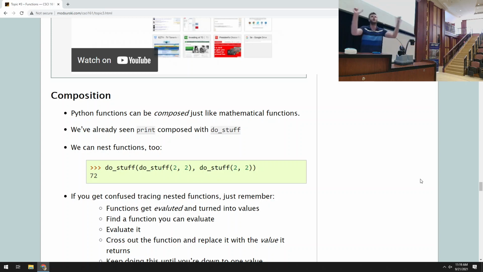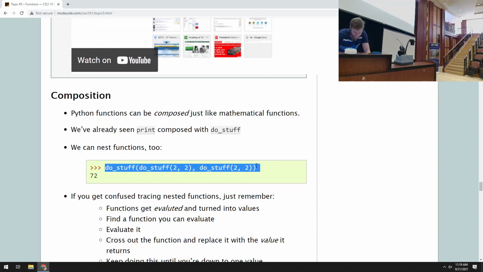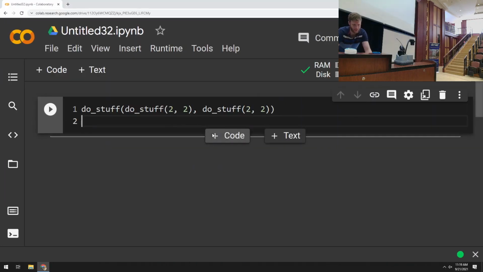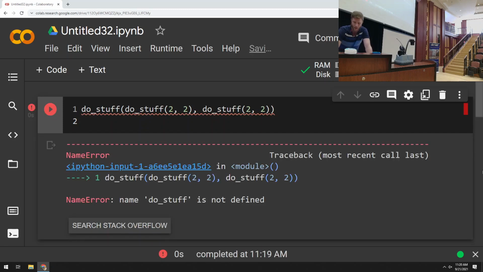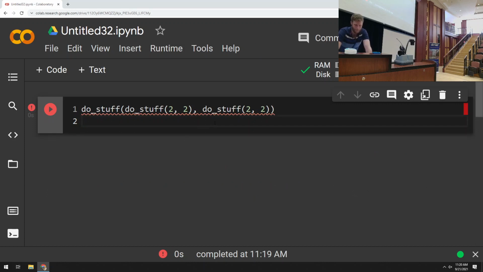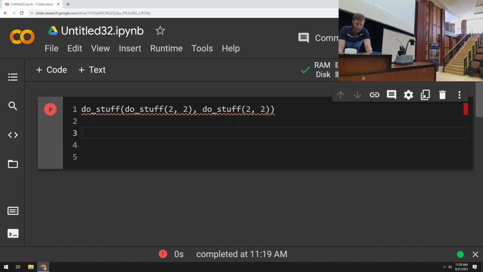So if those 2 function calls get evaluated to a number, then the outside do stuff has parameters that are basically just the 2 numbers. I'll show you what I mean. So if I have a line like this, if I hit run, it's not going to work because do stuff's not defined. But if we pretend that it is, you figure